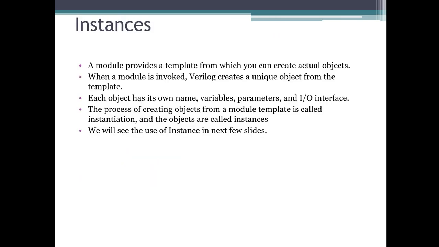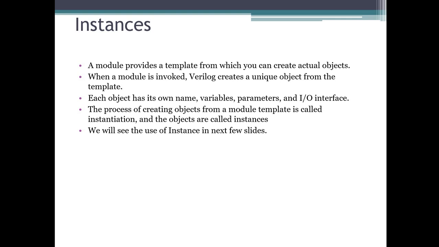A module provides a template from which you can create an actual object. When a module is invoked, Verilog creates a unique object from the template. Try to understand that this is a kind of definition, and you will have to understand what the exact instance is.